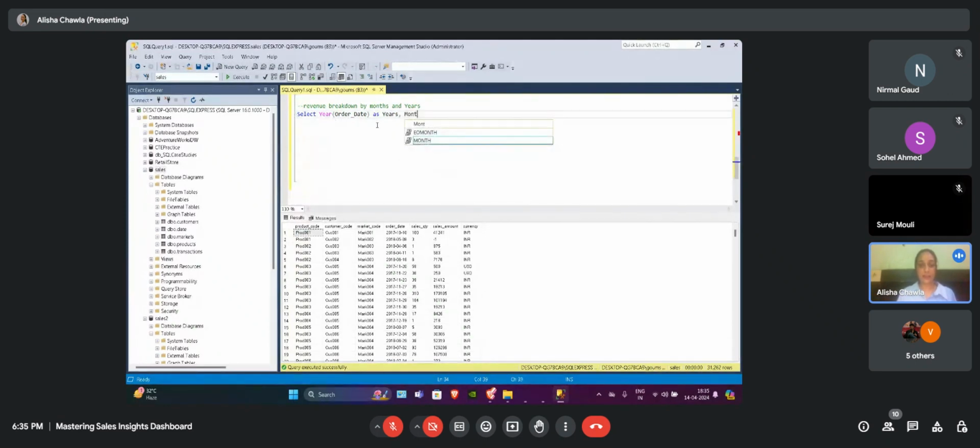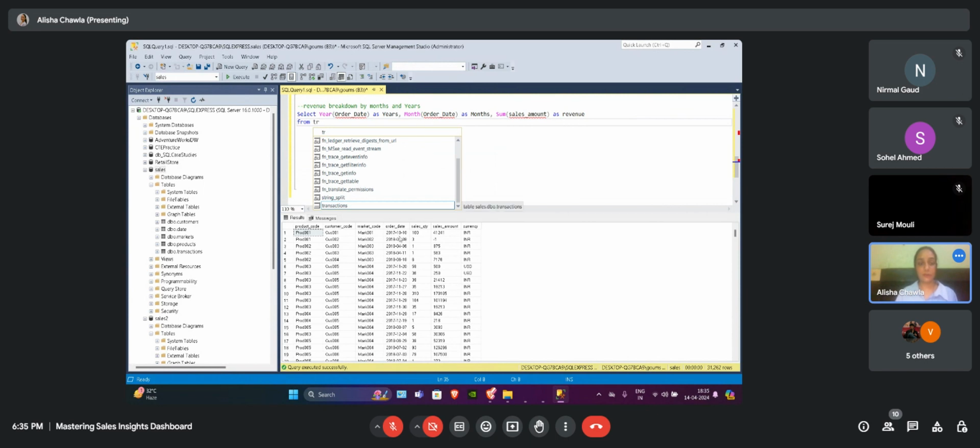Now we have to extract month again from order date as months. Lastly, we have to extract our sum of sales amount as revenue, from transactions.